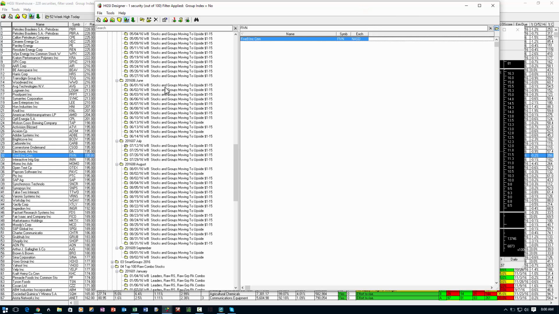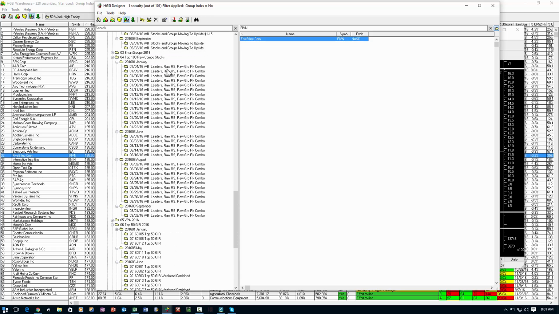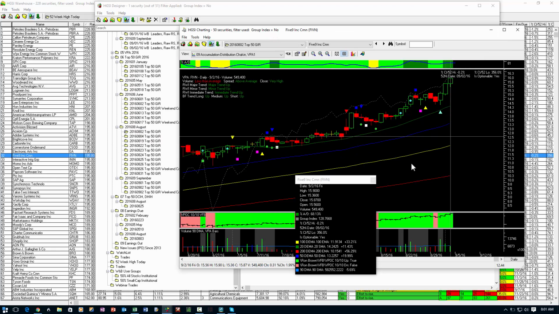So it's been in the stocks and groups moving to the upside. I want to go down here. You can see that it was in the leaders group, the leaders combo, and it appeared in the top 50 GIR in June several times, and then on August 2nd it reappeared. Let's take a look at August 2nd here. Okay, so it appeared right there,